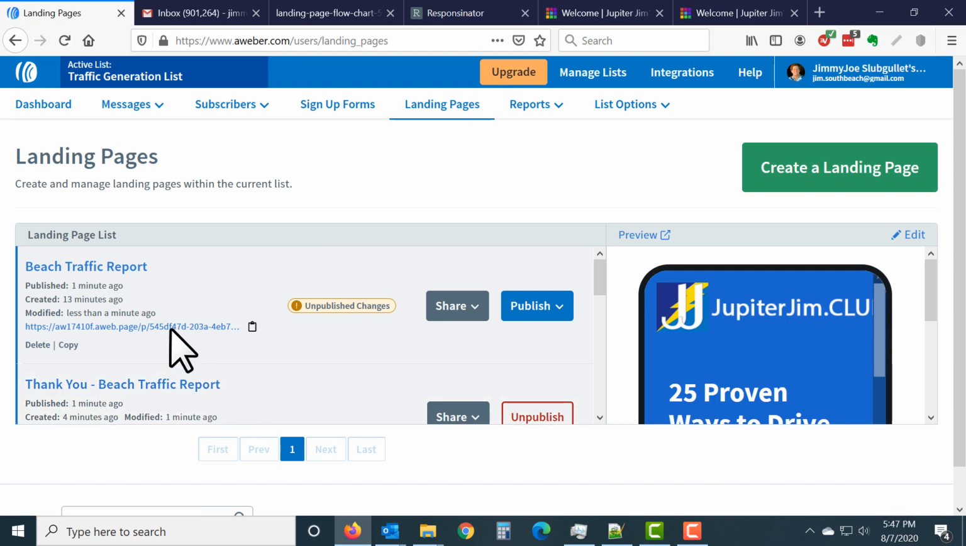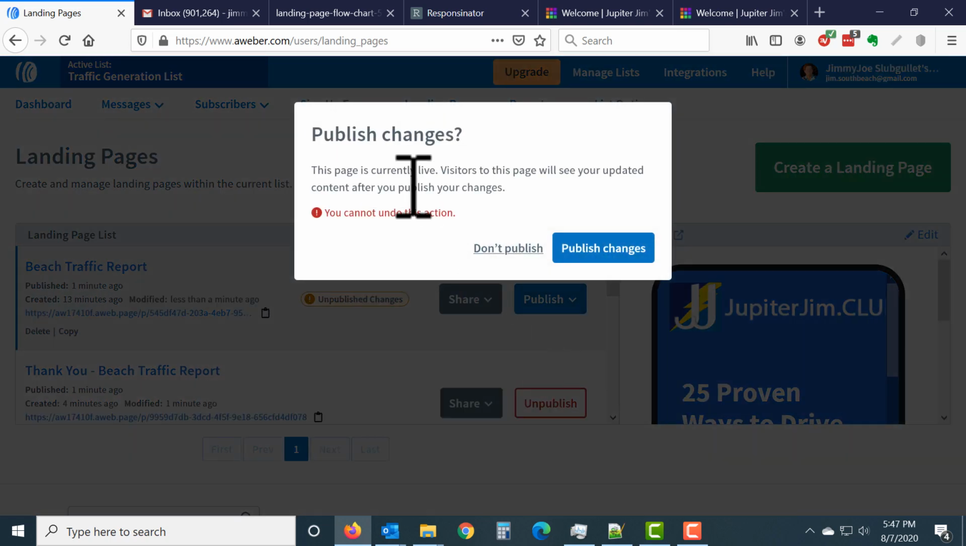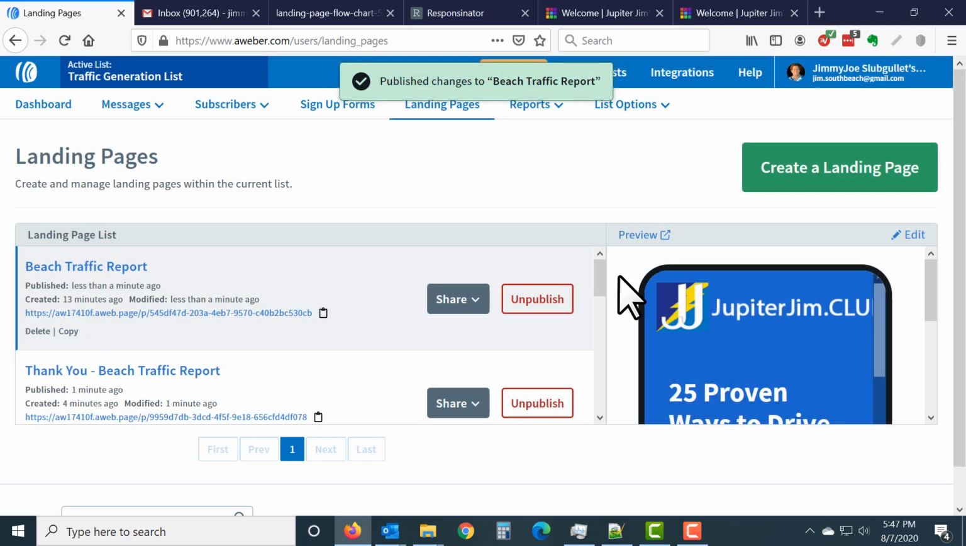Now it's telling me that there are some changes that have been made to this landing page, but they're unpublished. So I need to go back and click publish again, right? Publish changes. Big scary message. Yes, that's fine. I want to publish. That was the point of doing that. Not a big deal. Now, before we move on, I want to show you the workflow chart that I created